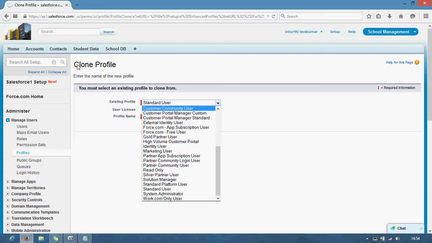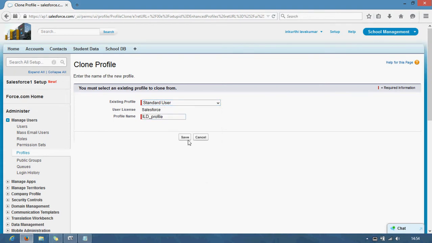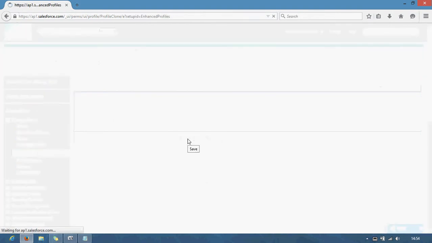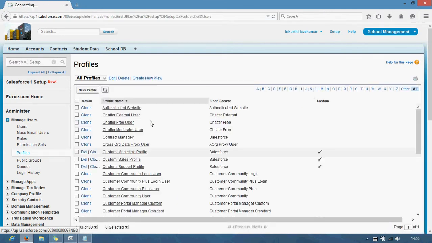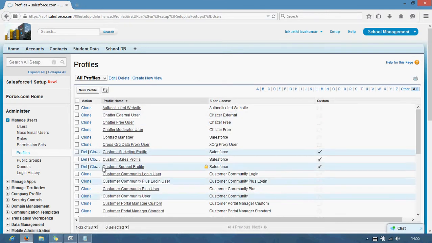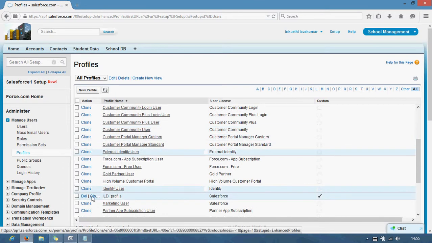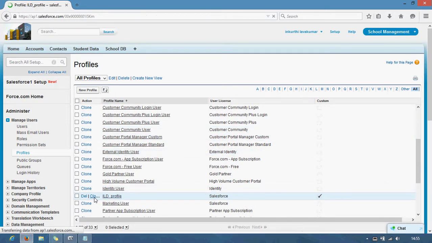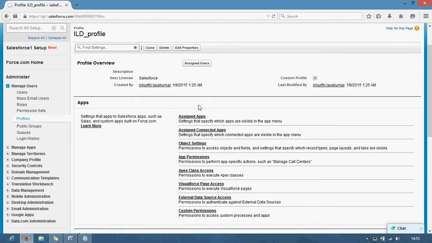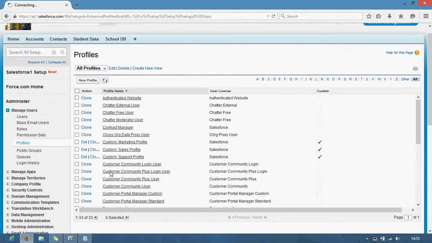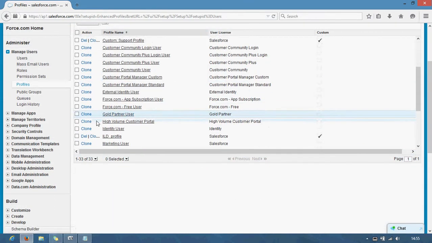Now click Profiles, and as per our requirement you can edit. Here you can see the ILD clone. Let me open it and go to assigned apps.